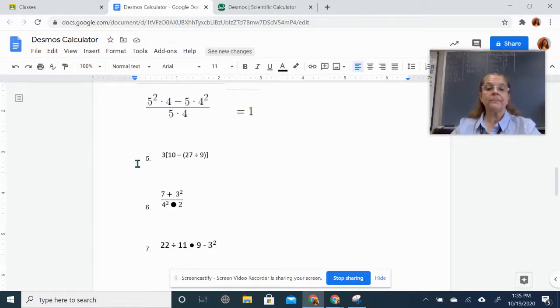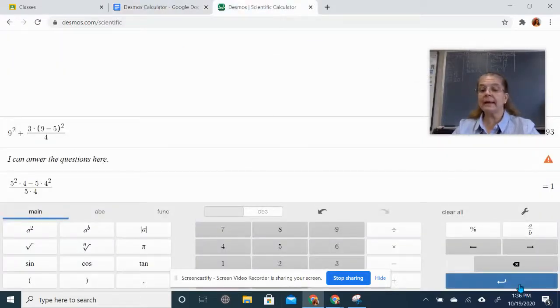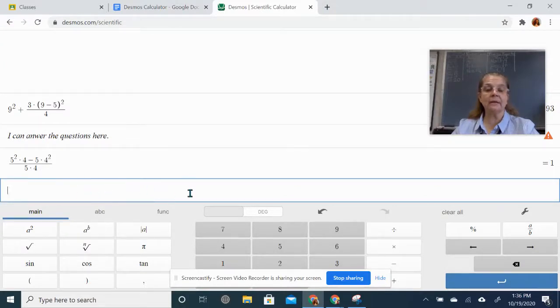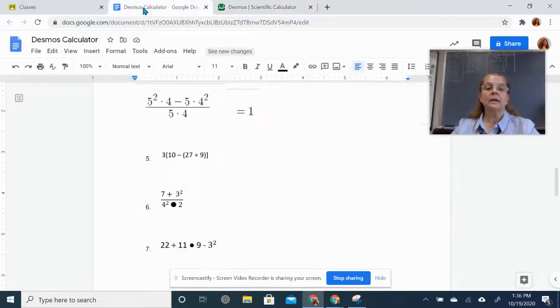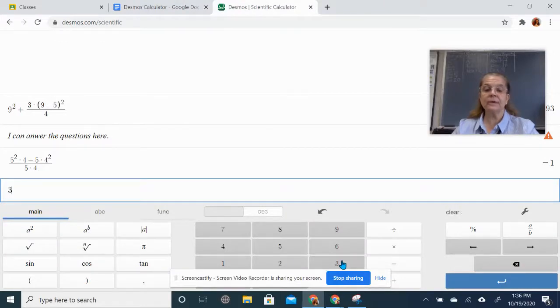This has 2 sets of parentheses, basically. It's 3 parentheses 10 minus parentheses 27. So make sure I hit enter so I can get a new spot in here. 3 parentheses 10 minus 27 parentheses. So it's 3, and this is the only set. We don't have 2 sets of parentheses. 3 parentheses 10 minus,